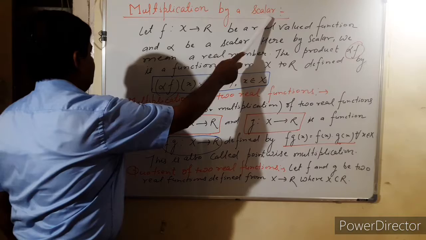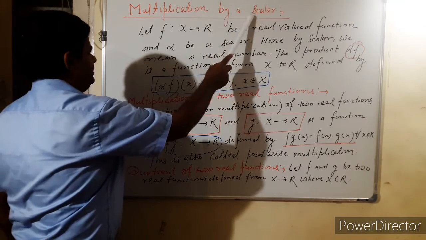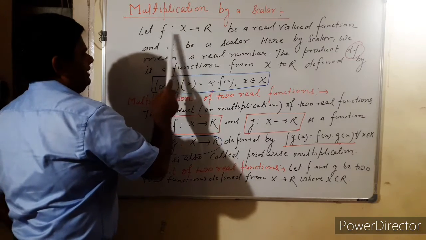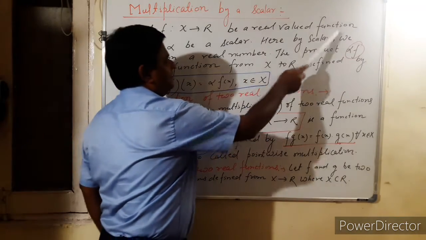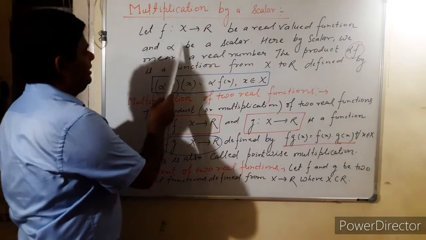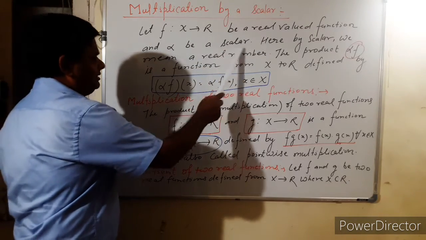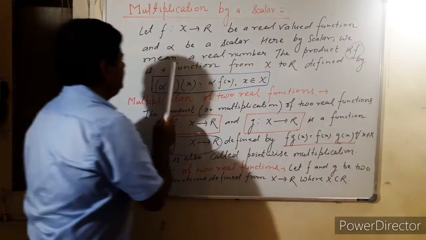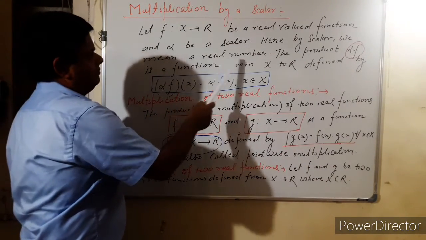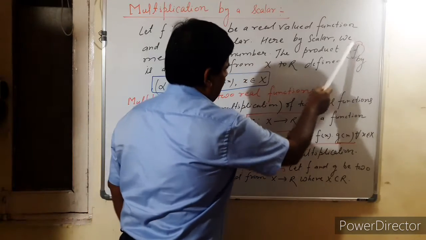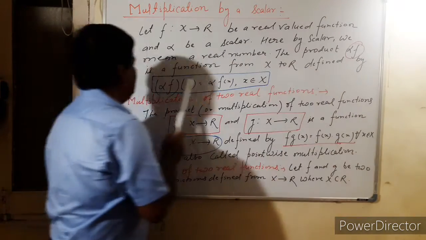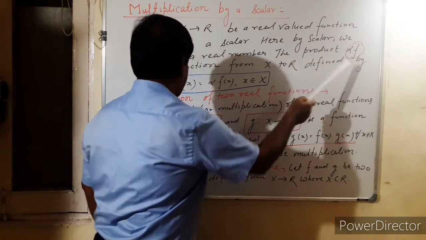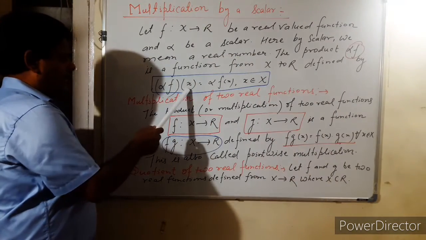Multiplication by a scalar. Let f: X to R be a real valued function and alpha be a scalar quantity. Here by scalar we mean a real number. The product alpha f is a function from X to R defined by